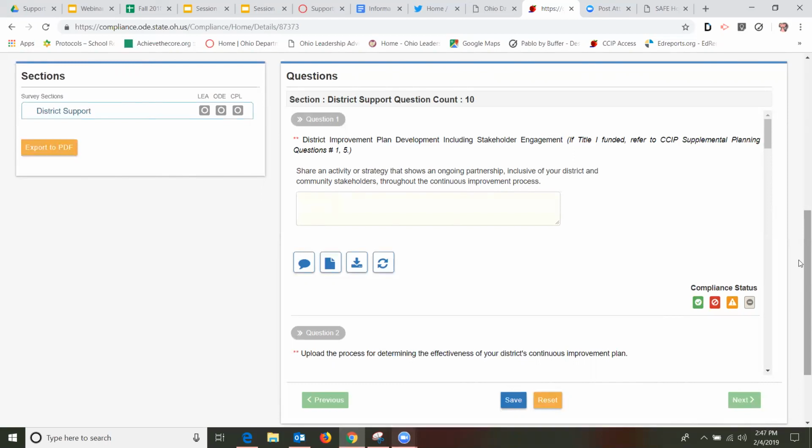As you will see, many of the questions ask you to refer to the CCIP supplemental planning questions with specific numbers listed for specific questions. You may wish to print a copy of your responses in the CCIP supplemental planning questions as you begin to answer the survey questions. Please note that you should use the supplemental planning questions as a backdrop to your response. This is not a copy and paste activity, but rather an opportunity for you to share specific examples that will